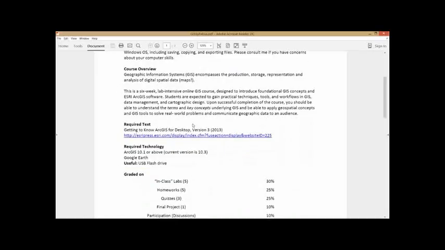As I mentioned, the required text for this course is Getting to Know ArcGIS for Desktop, version 3. This link here is to the Esri version of it. I wouldn't buy it from Esri. It's a little bit more expensive there. If you go through Amazon, you can find this book new for about $54 or $55, and I recommend you